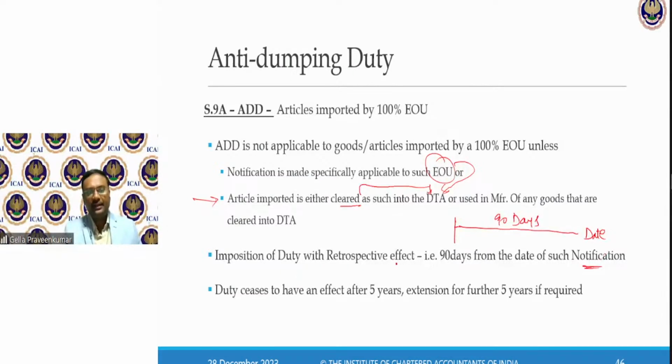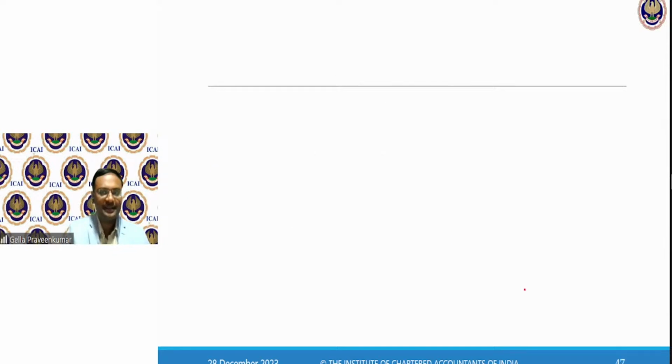Imposition of duty with retrospective effect is an exceptional case. When I get to know that there is dumping happening, then I can bring a notification and travel back 90 days to levy this anti-dumping duty. Duty ceases to have effect after 5 years, which can maximum extend further for 5 years.